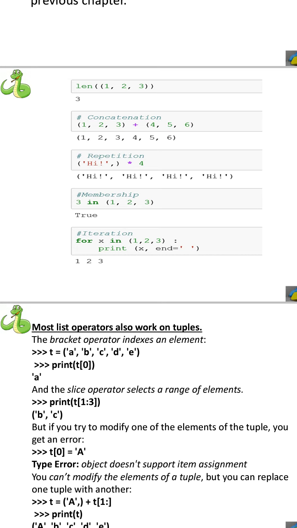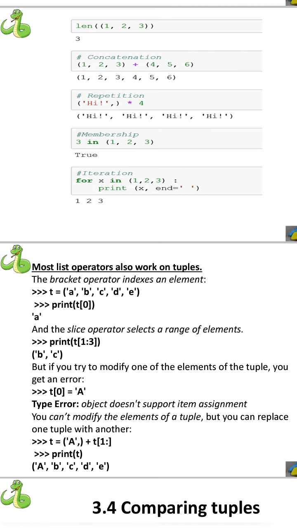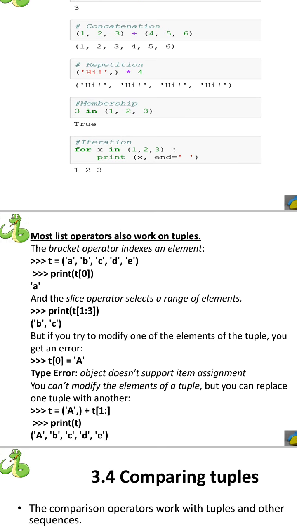Here I want to repeat "hi" 4 times, and this tuple has only one element. Hence, if you observe, we have ended that particular element with a trailing comma. When I ask my Python compiler to print "hi" 4 times, I am using the star operator to indicate repeating 4 times. The newly created tuple, if you observe, has 4 "hi" elements.